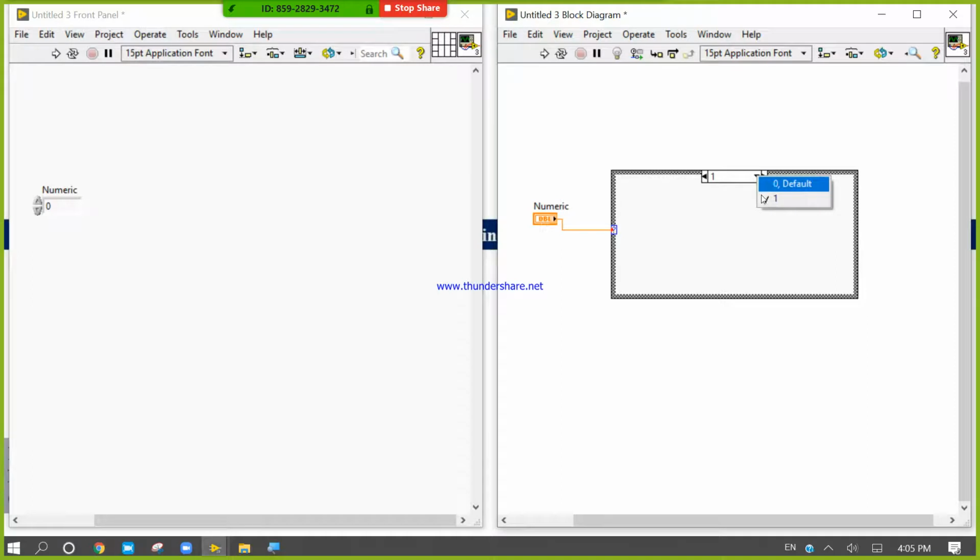Default means if I give an input that is not defined in my case structure, like 2 or 3, then the default case will execute.